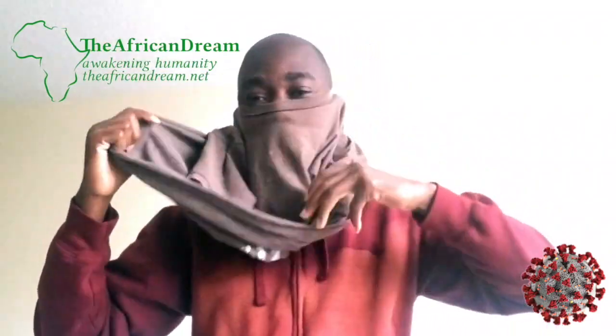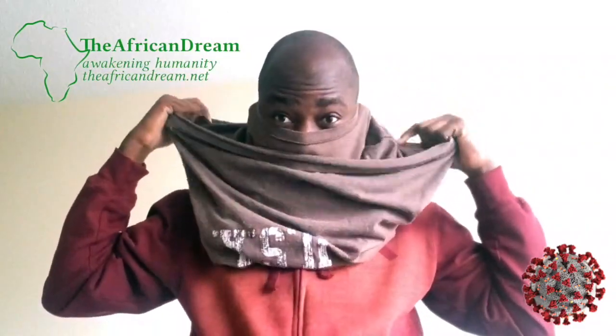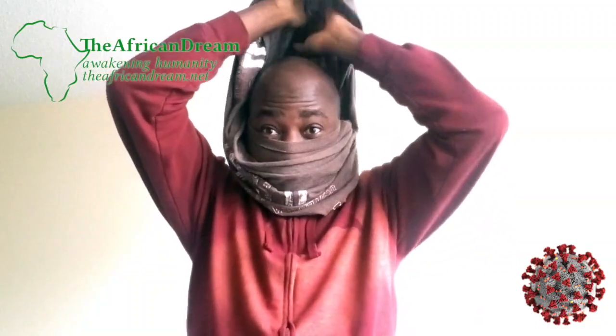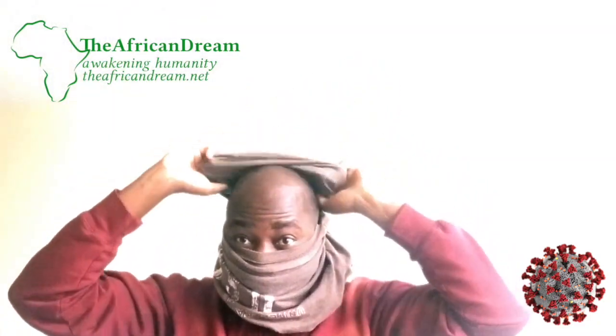And then here's the second part. I turn the shirt from the bottom and I throw everything inside, so we have a look like this, right? And then I move everything backwards, okay? And then I turn it over, bend down, turn it over, right? And put it over my head. See, now you can't see my bald head. Put it over my head, and